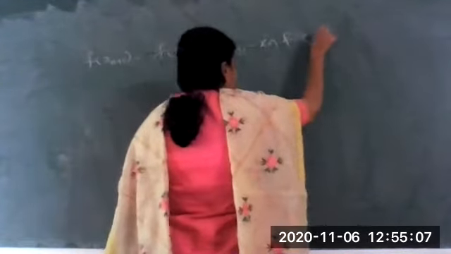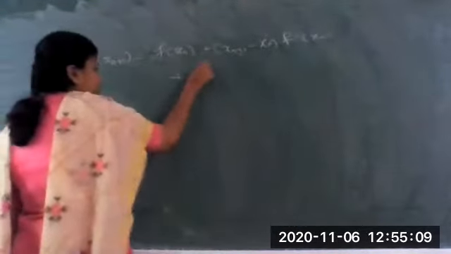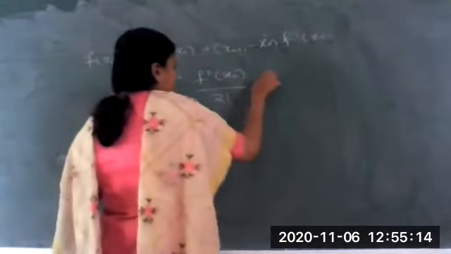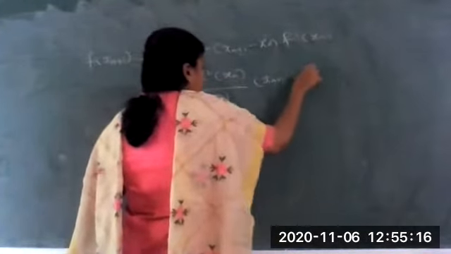f dash of xn, plus the next term is f double dash of xn divided by 2 factorial, and here it is (xn plus 1 minus xn) square, and so on. So this is what a Taylor series is. Now we can neglect the terms from the third and higher order derivatives, so we can retain up to the second order.